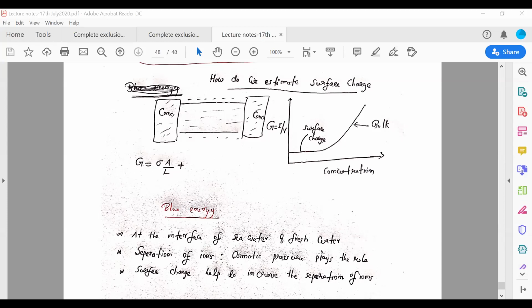Long back, it was predicted theoretically that we can use this as one of the best green energy sources, because we are talking about green energy, green economy. So this could be one of the sources of energy, and people are trying to invent new ways of tapping this energy, because if you mix seawater and fresh water, you cannot tap it. You know that there is osmotic pressure, but you cannot really use it.